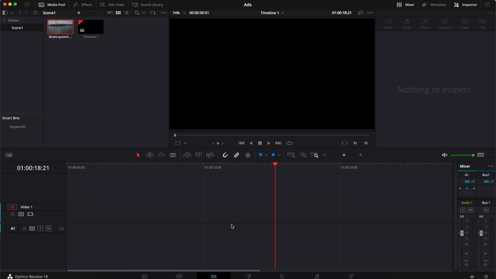So that is how you get footage into your project. And then eventually you'll see all the bins. So if we want to go back, to